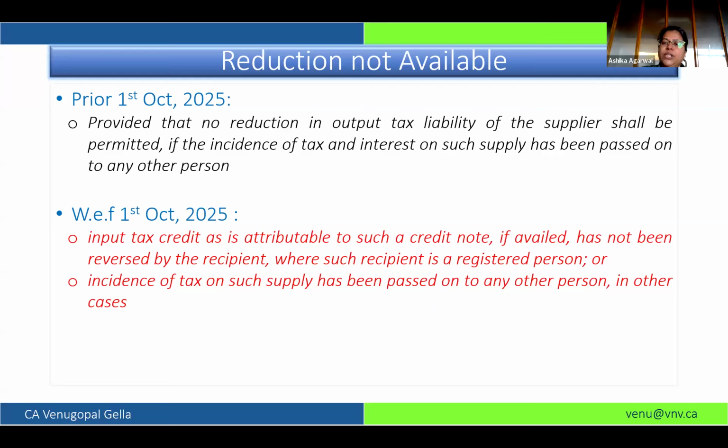But when it comes to B2C, B2C is what I am declaring at a summary level. Now over here, I have to make sure that the incidence of tax is not passed on. So it should not be a case that I have collected the tax and then also raised a credit note to reduce my outward tax liability. Here I just need to prove that I have not passed on the tax benefit, or my recipient has not borne the cost of tax. If I prove that, then in B2C I can get that benefit. So for B2C, I need to show that the incidence of tax is not passed on.